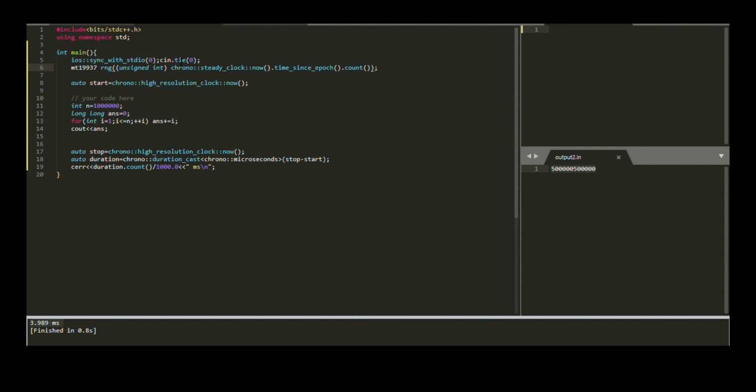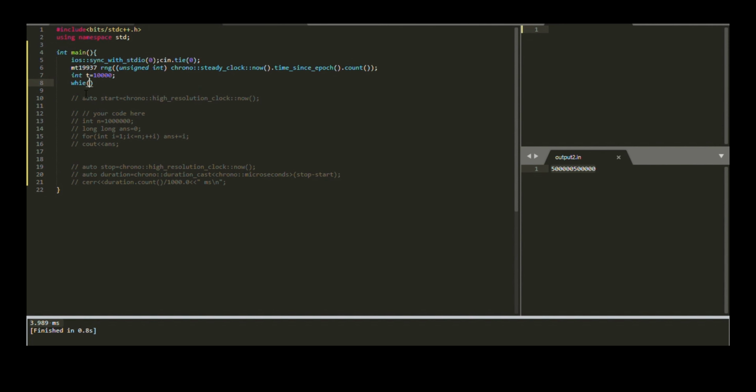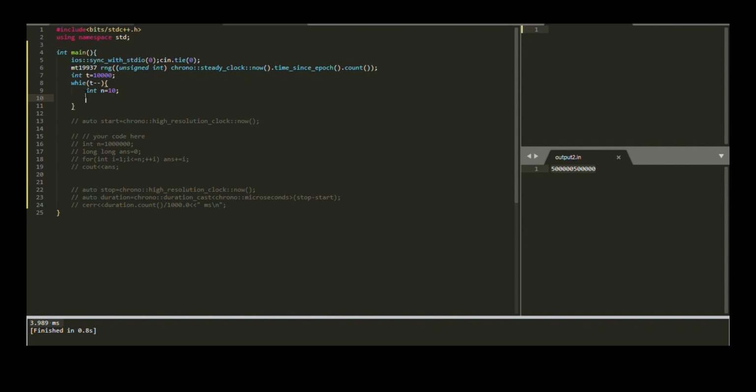You can generate small inputs and check on both the codes to see the mistake and then make required changes in the logic. I have used this trick many times in running contests successfully. Let us see how it works. First, initialize t as the number of test cases. Now let us assume n equal to any small number.